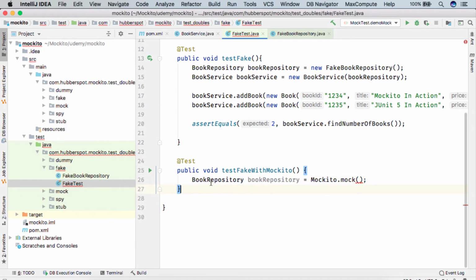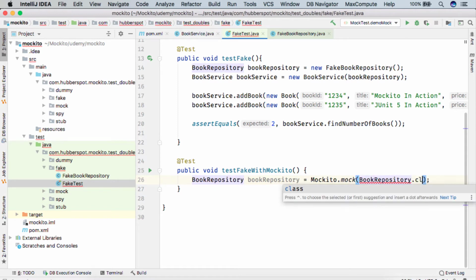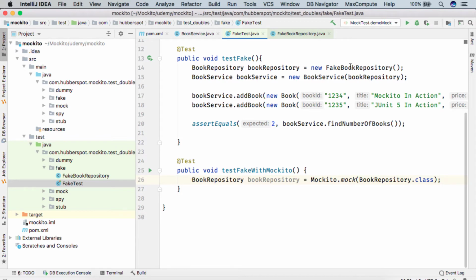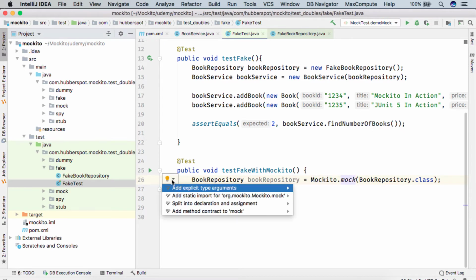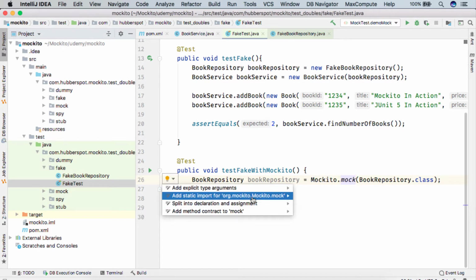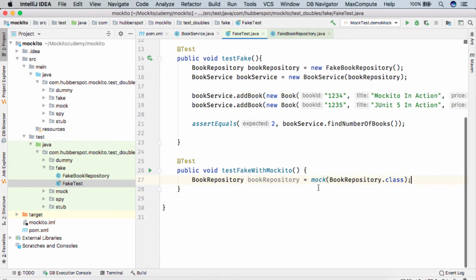So we know that we want a mock of BookRepository. So we'll simply copy it. We'll do BookRepository.class. So friend, that's it. We created a fake BookRepository by using Mockito.mock. So here I will simply provide the static imports so that it looks something like this.